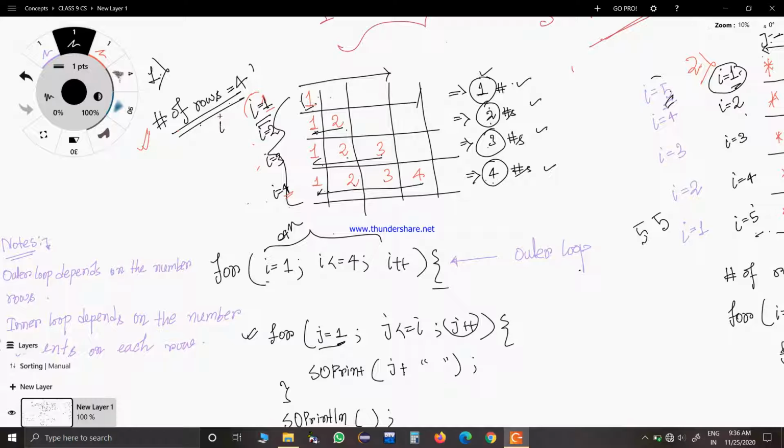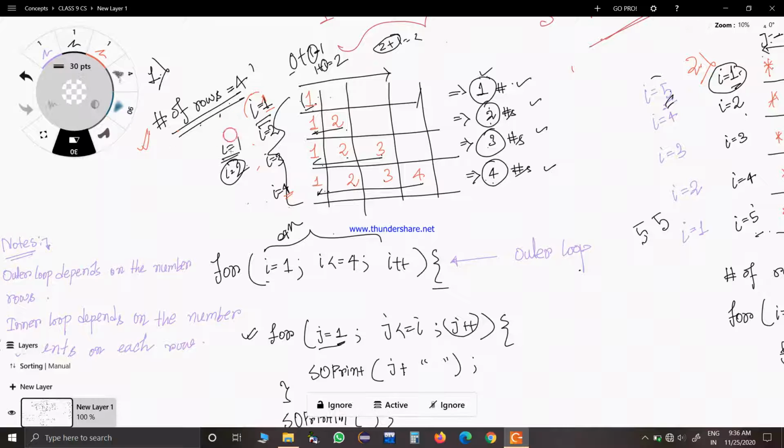If instead of 1, you consider I equal to 0, then that relation is not there, right? So this relation is a little bit complex. You have to add 1 to it each time. For I equal to 0, there is one number: 0 plus 1 equals 1. For I equal to 1, 1 plus 1 equals 2 numbers. For I equal to 2, 2 plus 1, 3 numbers are there. So you have to add 1 to each I value to get the number of columns. So it becomes a complex operation, adding 1. So why do a complex operation when you have the choice to do it simply?